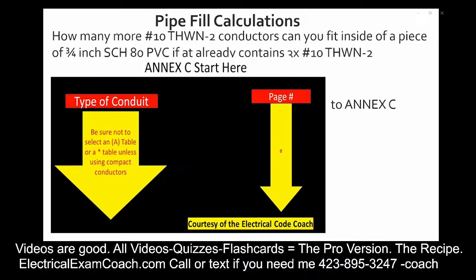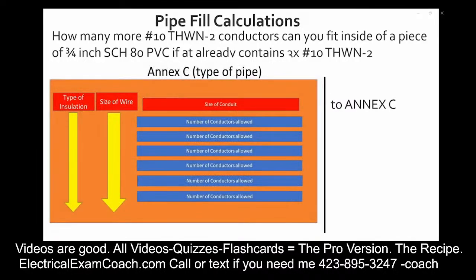Then we're going to verify that we're not in the A version of that conduit. We're going to slide over and find our page number. Then when we get to the table, we're going to read the black bold heading to make sure that we're in the right table. We start on the left-hand side and we find our insulation type. Then we find our wire size. Then we come across the top and find our conduit size. And we're going to find that our starting value is 7. We have to minus the 3 conductors that we already have, and that's going to let us know that we